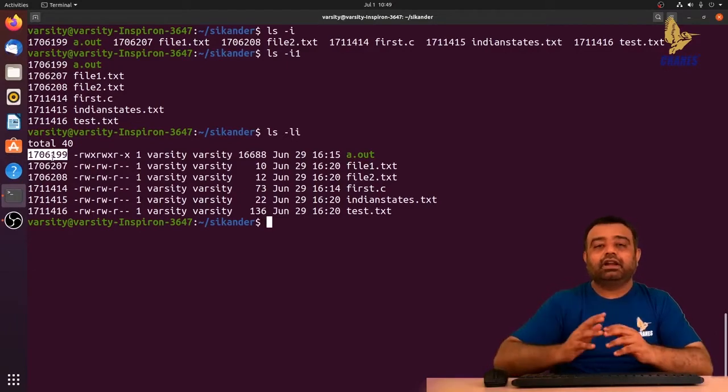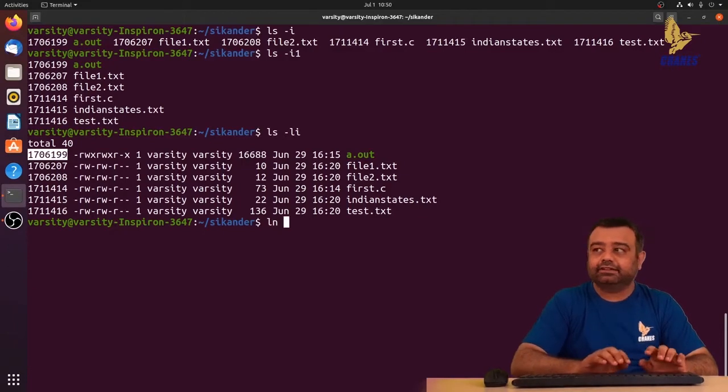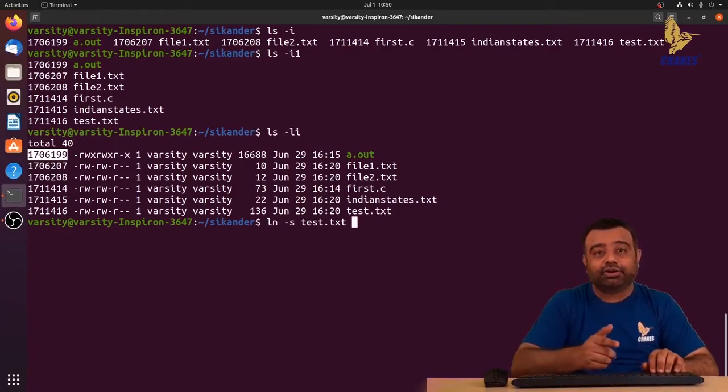Right, now let us try to learn about links. Links can be of two types: hard links as well as soft links. Soft links are similar to shortcuts on Windows. To create a soft link, we use ln with the option -s. You give the existing file name, for example, let us say I have a file called test.txt, and then what is the shortcut name you want to provide for this? I would like to provide something like my